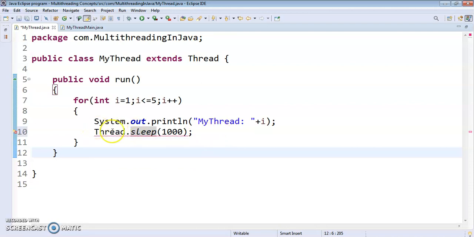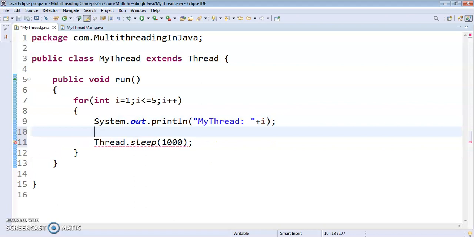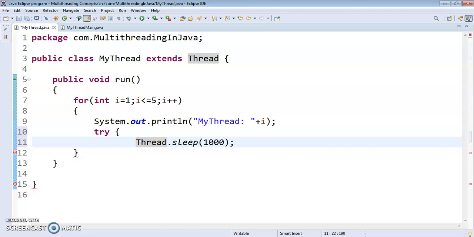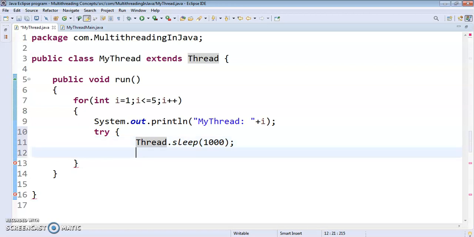Now to handle this kind of exception, we have already learned exception handling, right? If you don't know exception handling, please go and watch my previous videos on how to handle the exception. So what I will do, I will put this code inside a try and catch block.